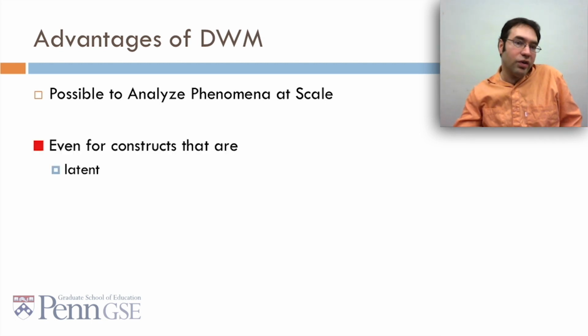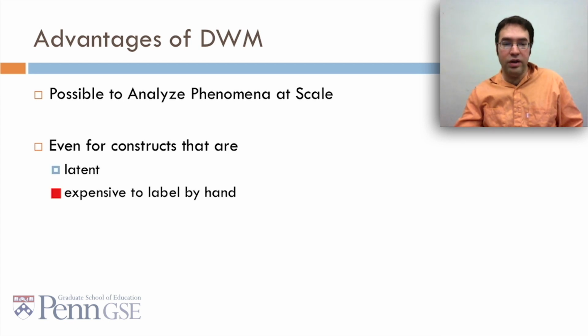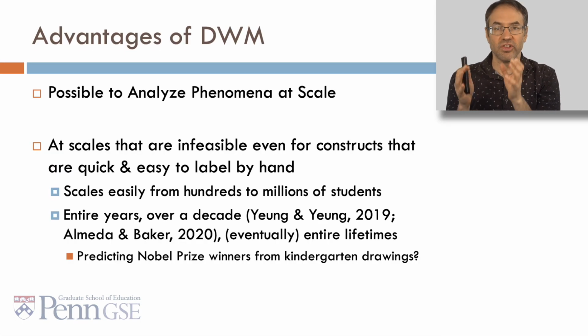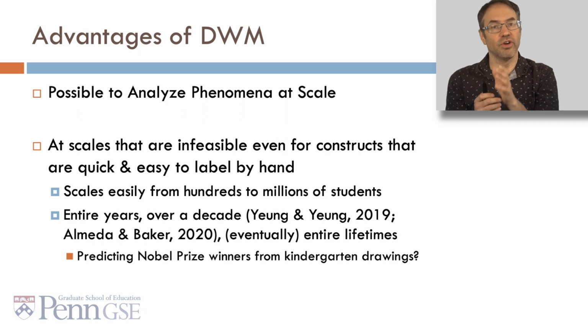And this is true even for constructs that are latent. So in other words, it's hard to detect them automatically. Constructs that are expensive to label by hand, this is really where this approach shines. And it's possible to do it at scales that are infeasible even for constructs that are quick and easy to